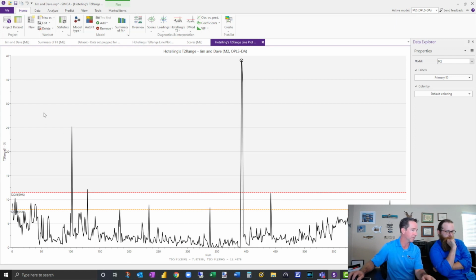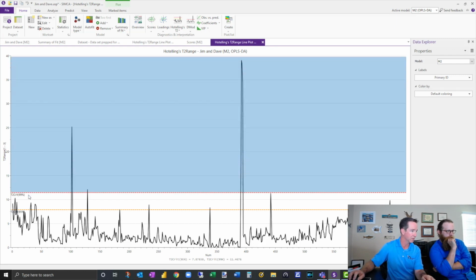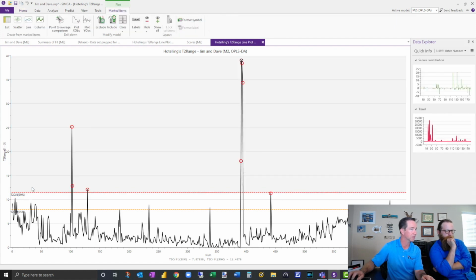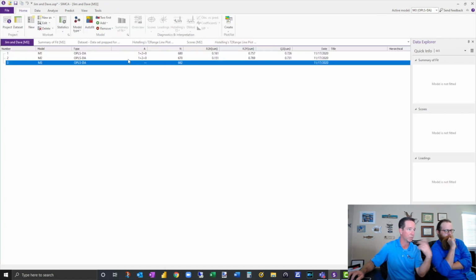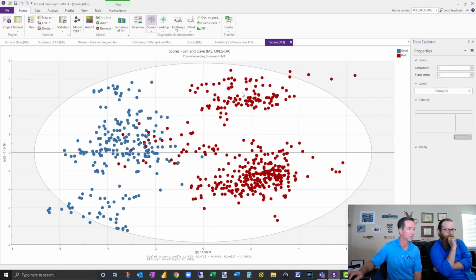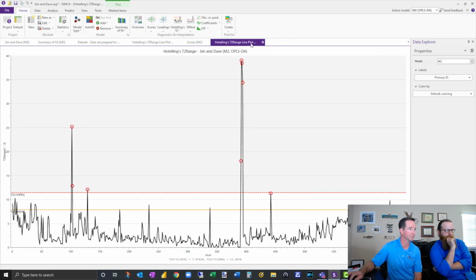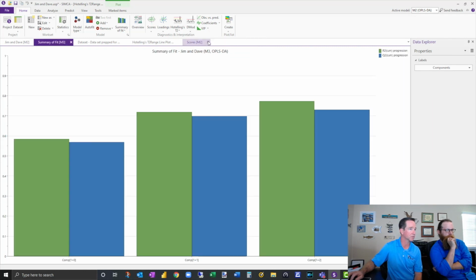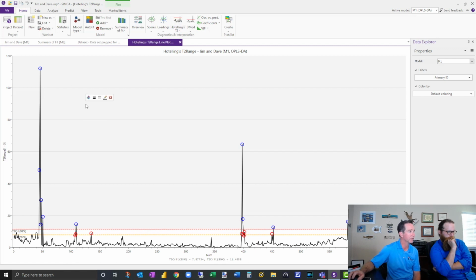I've already done some of this research, so I'm not going to bore everybody, but I'm going to come down just below that line and exclude those. I'm going to go through the same process, trying to weed out all the outliers that are going to drive the model nuts. I've still got some outliers, so I'm going to get rid of some of these and rerun Hotelling's.